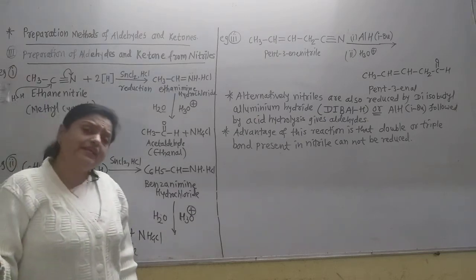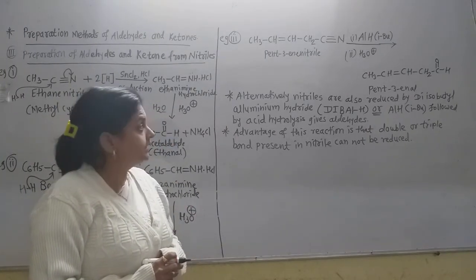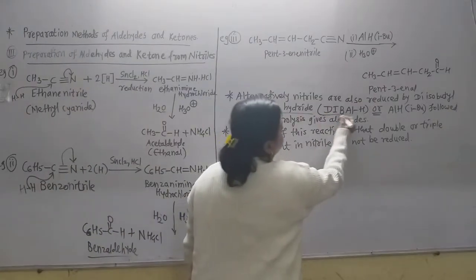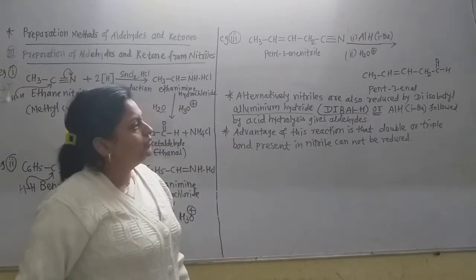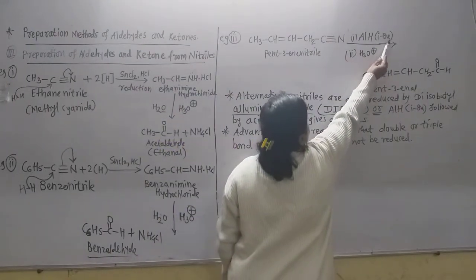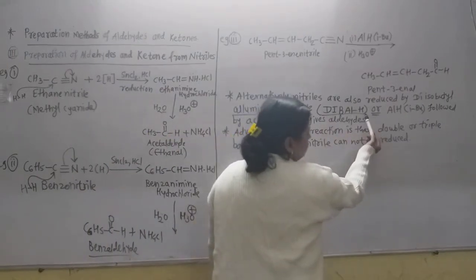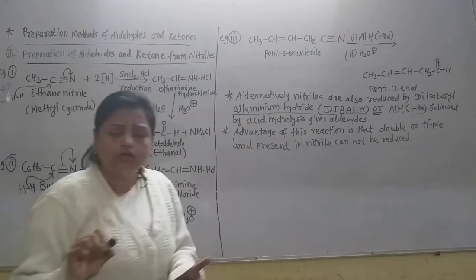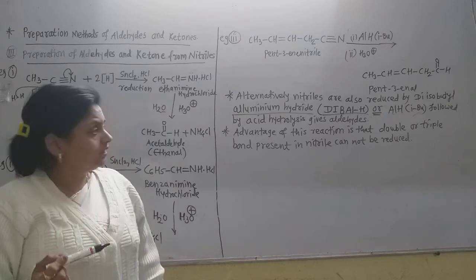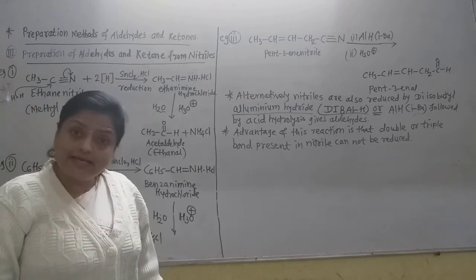Now another reagent we can also use here, that is also a very good reducing agent. The name of that reducing agent is diisobutyl aluminium hydride. What is diisobutyl aluminium hydride? It can be written in this way also, aluminium hydride isobutyl. Same. This diisobutyl aluminium hydride, write in this way, or aluminium hydride isobutyl. That is not another reagent, same reagent, only two different names we can write in this shortcut. That is the language. Now this is also, when followed by acid hydrolysis, gives the aldehyde.